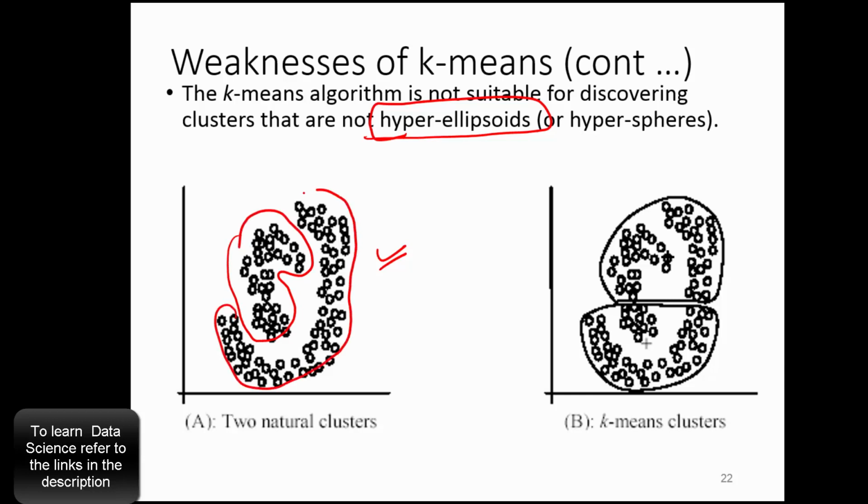Very complicated, very non-linear form of clustering, but clearly two different clusters. But what it does is take the upper half as one cluster and the lower half as the second cluster, which is not proper. It is not a correct representation. So unless you have a very clear shape of your data,